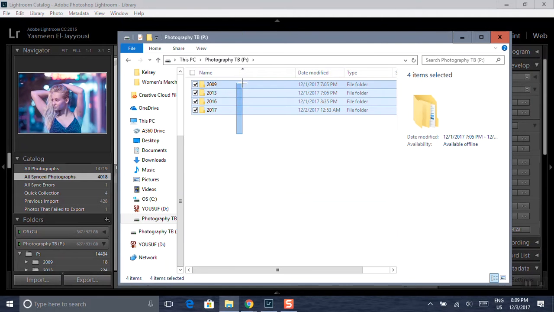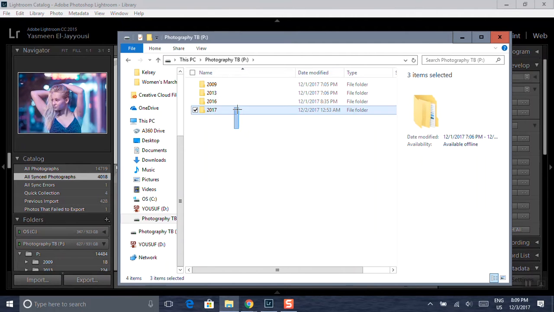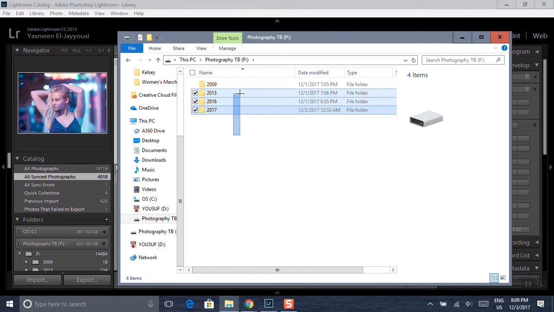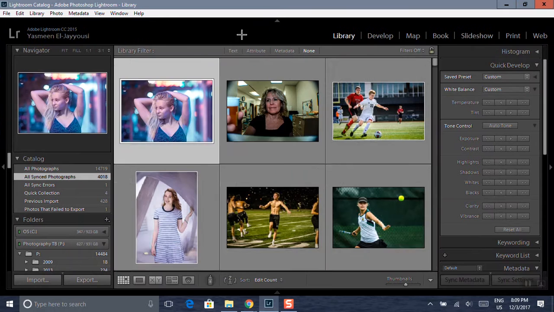However, I have them saved on an external hard drive. So I'm going to open that up, and this is how it saves it by default. It saves it under the year it was taken and then the date it was taken. So you can change that, and you can change where it's saved. So the way you do that in Lightroom,